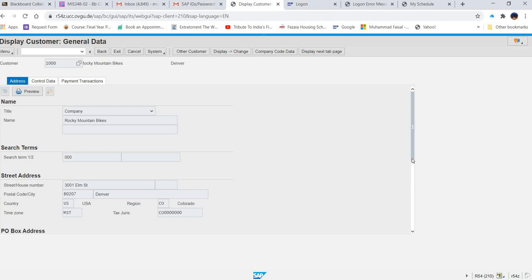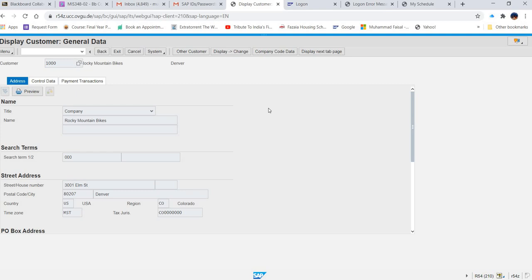Now, you can see you are inside the transaction. You can see several things are already there. Several fields are already filled. So where is this data coming from? Remember, in theory, I have discussed with you that in the SAP ERP system, a lot of data is already stored. So when you access that data, automatically the stored data will appear.